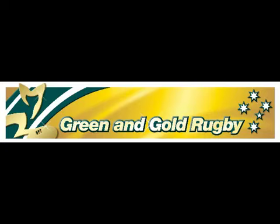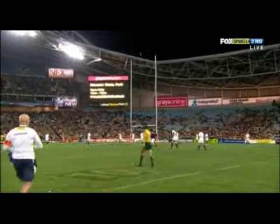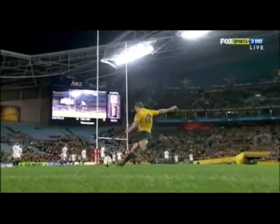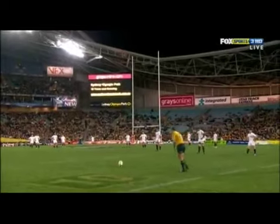Today I'm going to look at Matt Giteau's goal kicking. I'm not going to spend any time on the question of whether any other player could have kicked that penalty against England last weekend or even that kick against Scotland last year. What I want to do is look at whether we can find any technical factors that might have contributed to